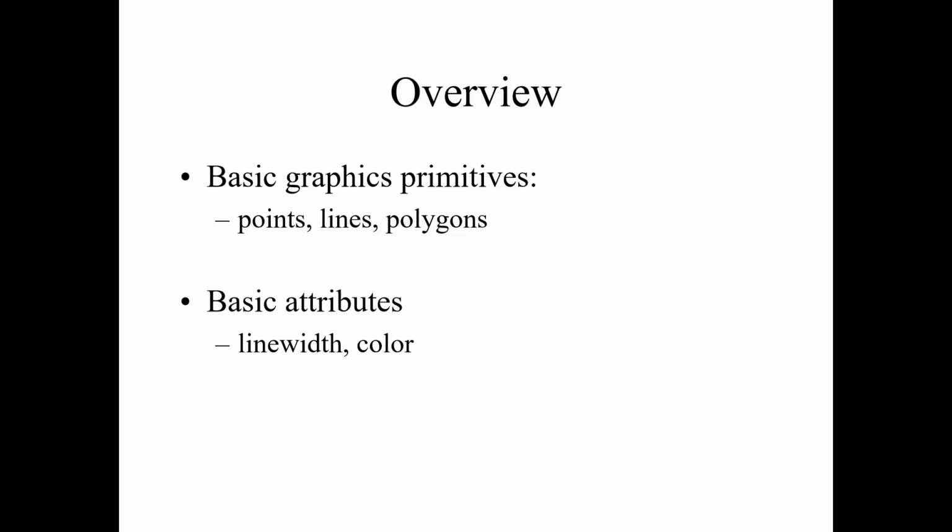Okay, so some basic graphics primitives, as you can see here, are points, lines, and polygons. These graphical primitives we have already used, and we have some basic attributes, in the sense of how you are going to define the graphical primitives. That is the meaning of attributes. So I can define my line in terms of the line width or line height or the color, anything. So when you define any of the graphics primitives, that is known as your attributes. We are going to see more depth into the attributes also.